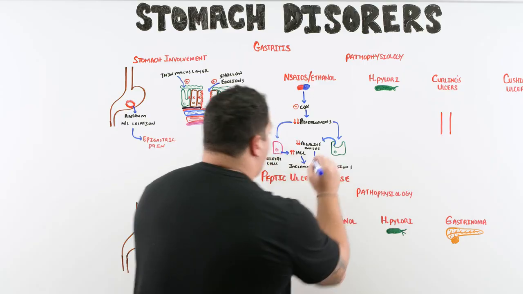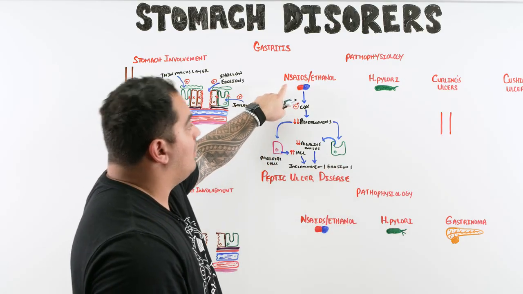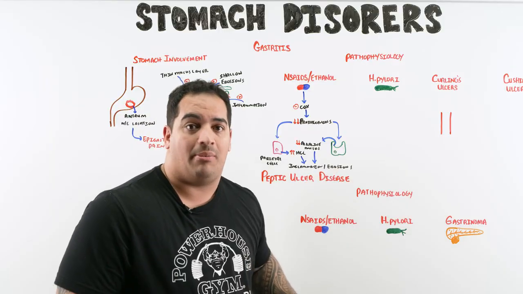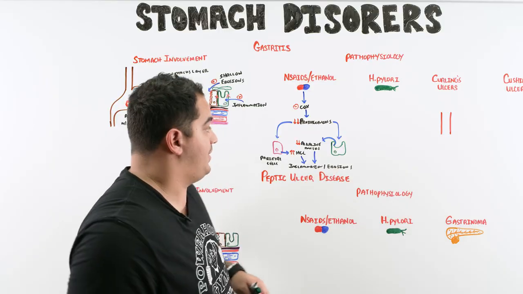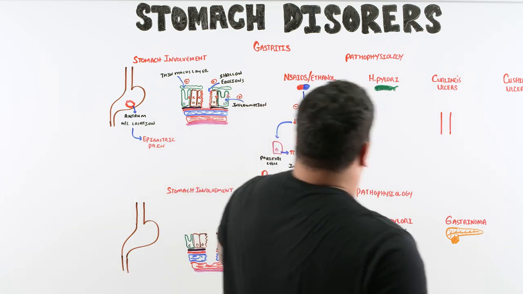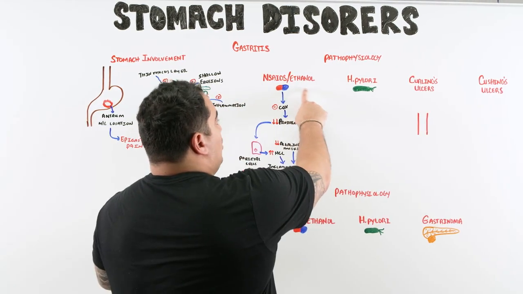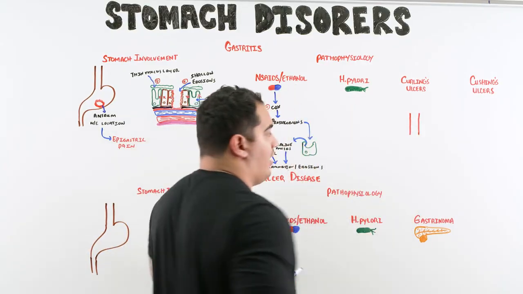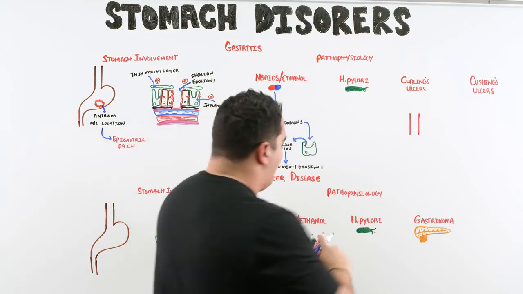This is the primary pathophysiology of why lots of NSAIDs and heavy alcohol use have been tied to patients developing gastritis and sometimes even peptic ulcer disease. So memorize this pathway. Another one is a really big one. This is more of an acute cause. It can lead to more chronic gastritis, but it can also be found in acute and chronic gastritis. H. pylori